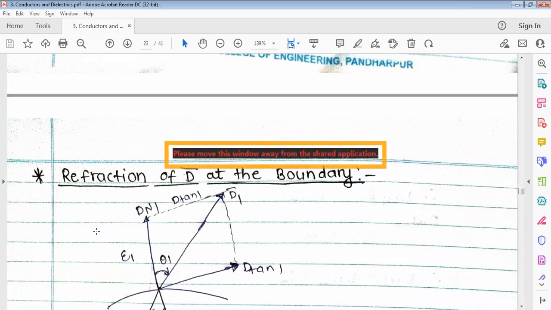You don't know? No one knows about cos theta 1? Praveen, what is sin theta 1? Pratiksha, Renuka,